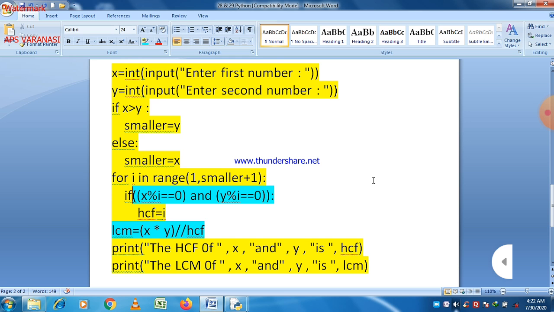It means we have to check that both numbers are divisible by a number or not. There is a condition that both numbers are divisible by a particular number, so we separate them by AND. Here you can easily see that, we separate them by AND.